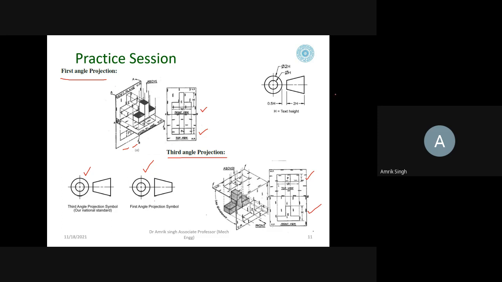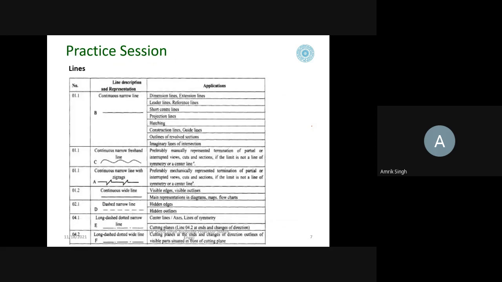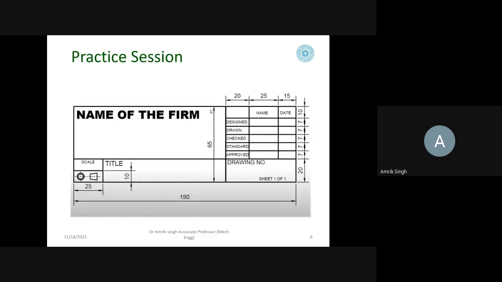So in order to draw the symbol, you have to choose this. Suppose h is the height. So this is the height h. Okay. Suppose you are having a space of 10 millimeter. Two lines are there because in the title block this line is given 10 millimeter. If you go to the previous slide, you see it is 10. So it is a symbol drawn over here. So how to draw this?